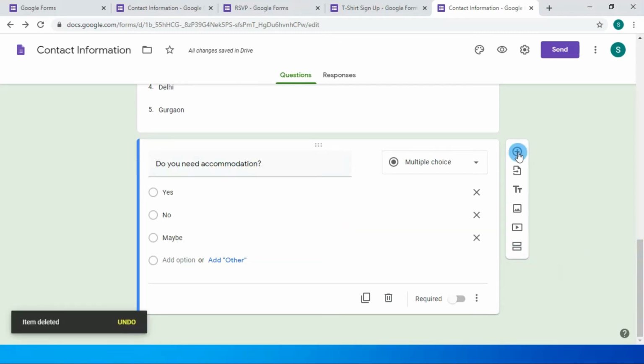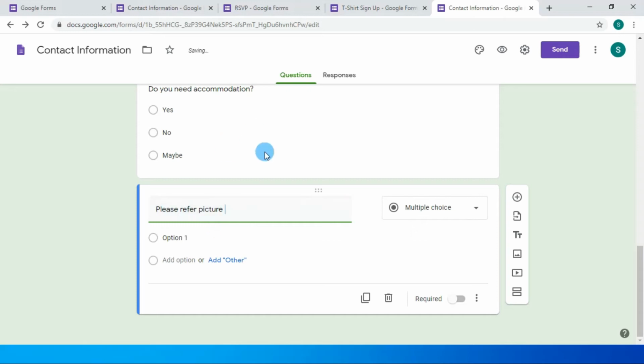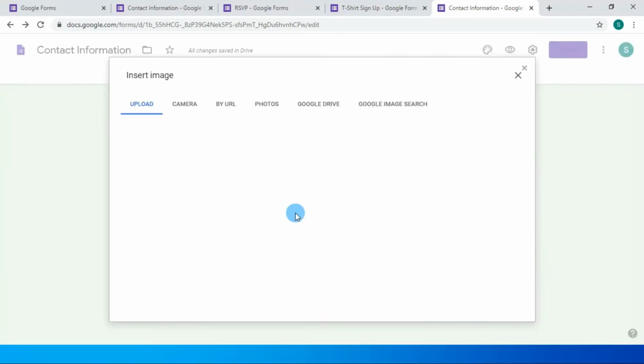So we will add one more question to understand the other tools, like if we want to add a picture with our question, please refer picture. What we need to do is simply click the add image icon, and we can upload a picture from our live camera, our photos library, from our Google Drive, or we can add an image by searching it online.